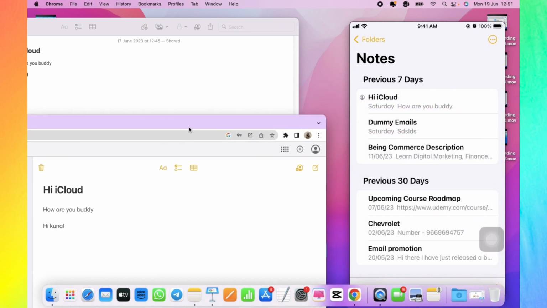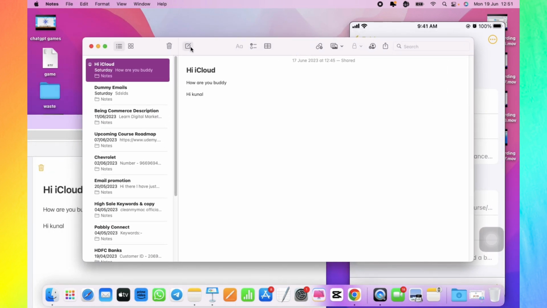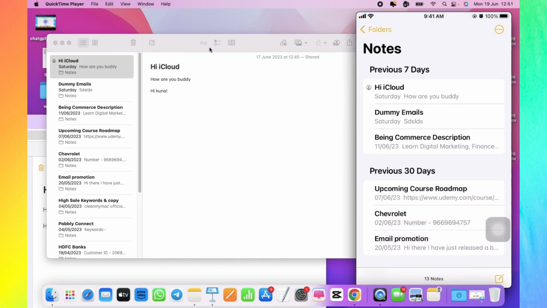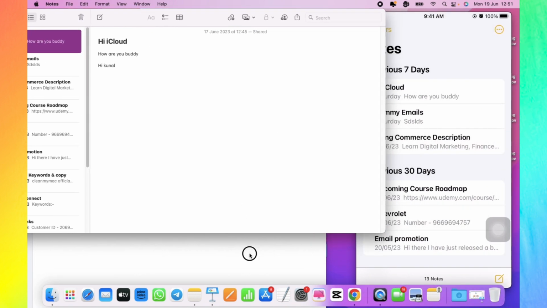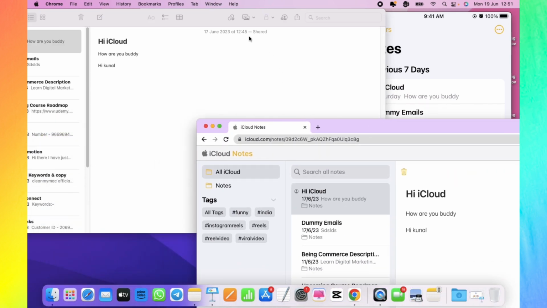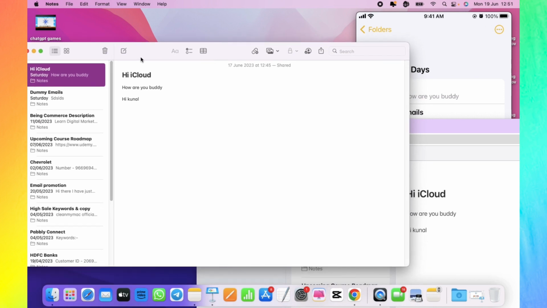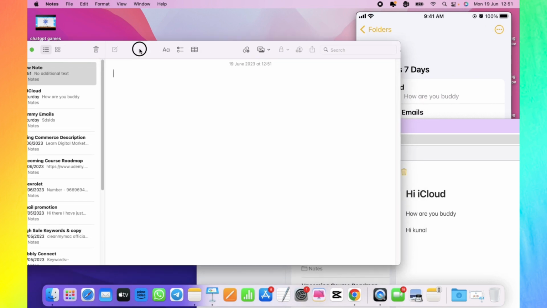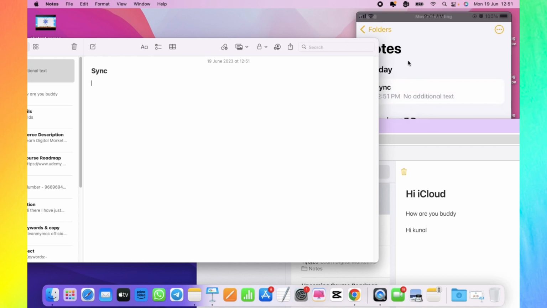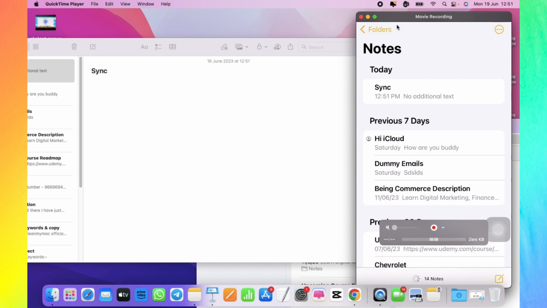For example, on my Mac, let's say I create one new note. Just observe one thing. Let me show you. Here we have all the things, so I will click on New Note, and now I am going to write sync. Now you will see one magic: automatically it has turned up on the iPhone,